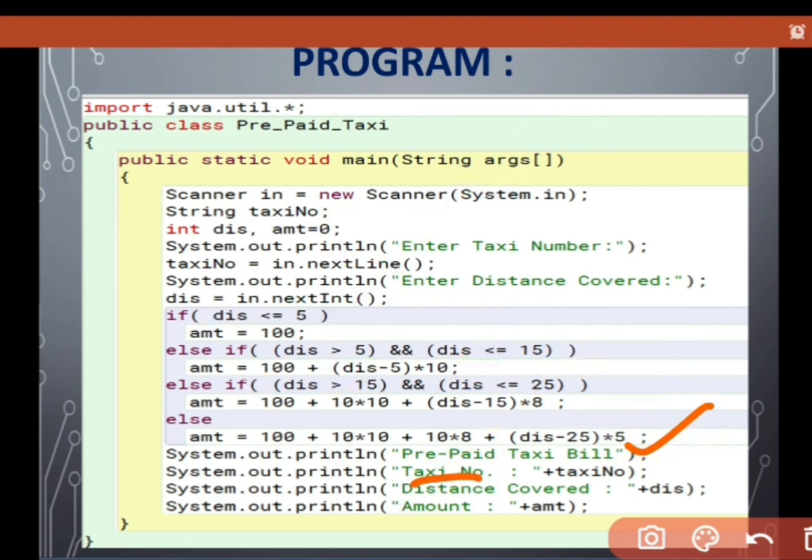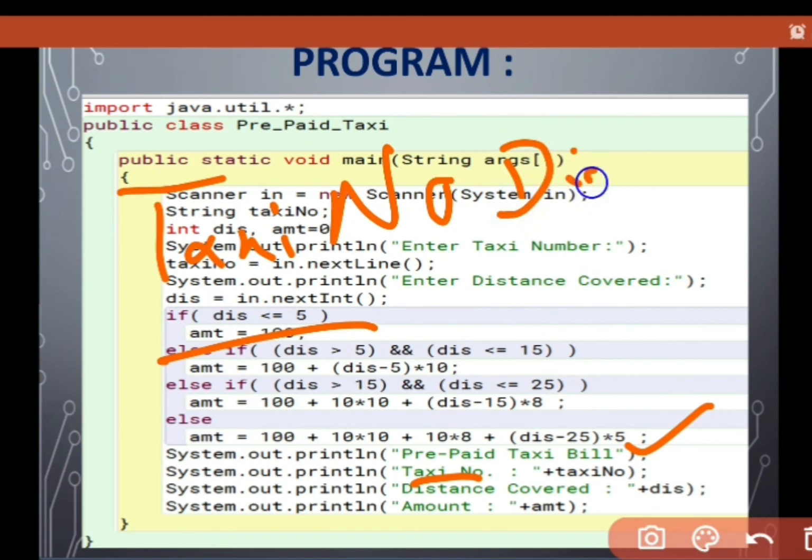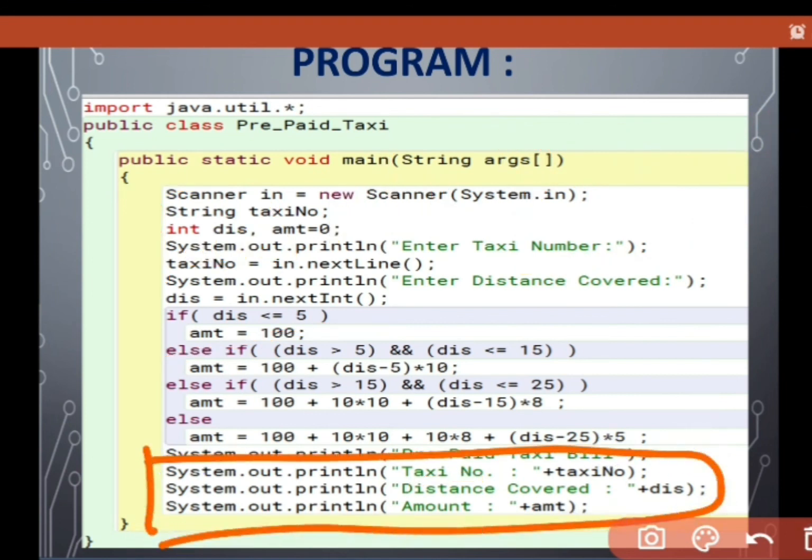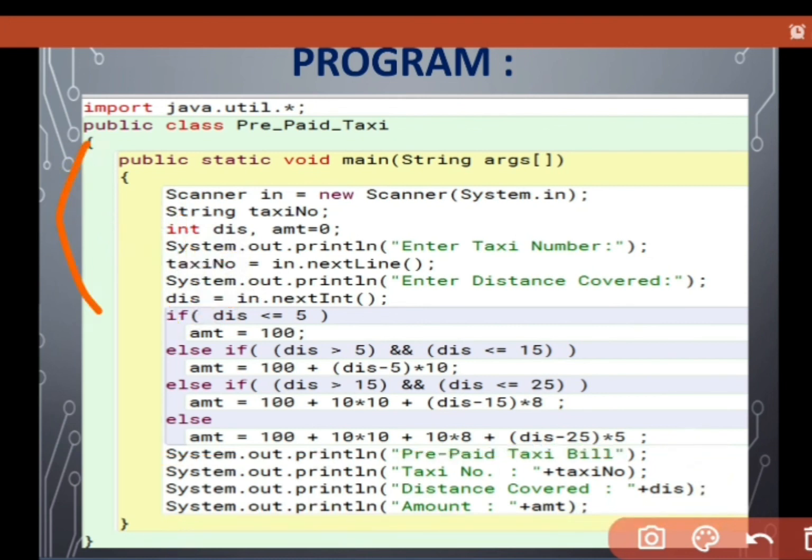If the question says you have to display taxi number here, distance covered here, and amount here in this manner, then you have to change whatever you are placing here. You have to use \t to display whatever heading you are having. Right here, the heading, taxi number,